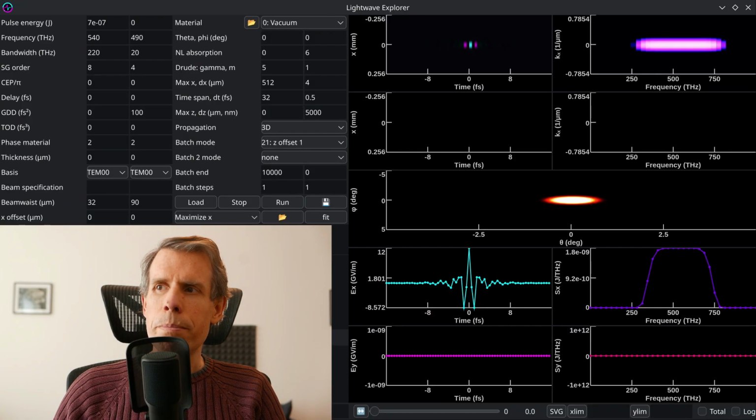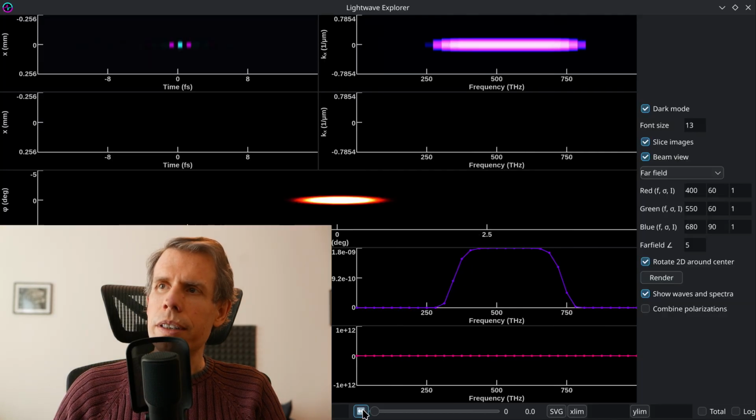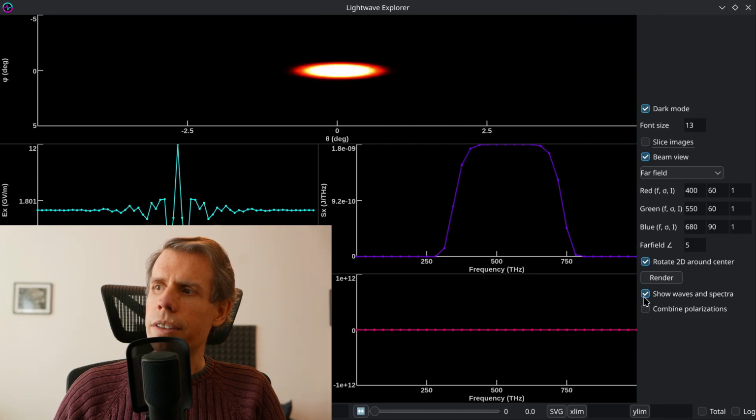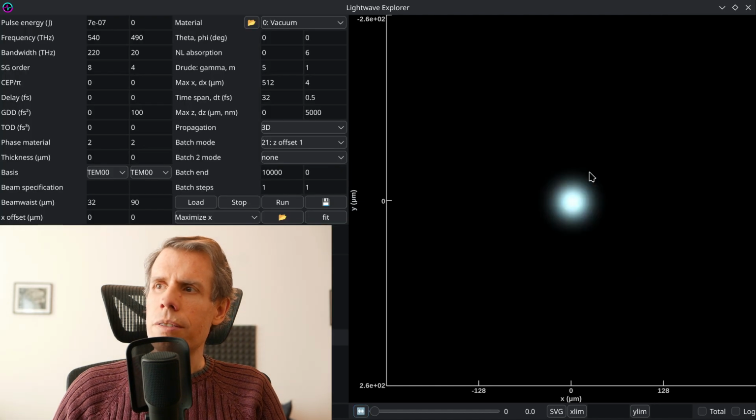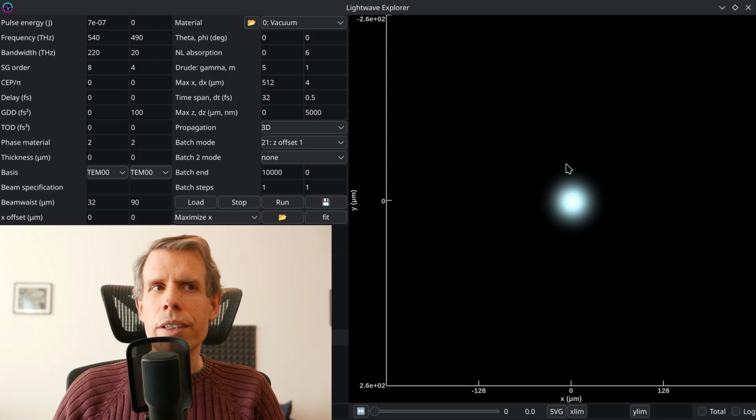So I set up a basic test simulation here, just with one broadband pulse focused in vacuum, because we don't want to do any nonlinear optics at the moment. We're just controlling the input pulse. And since we're controlling the mode, the really interesting part is going to be this beam view. So I'm going to turn off everything else, and we're going to look at the near field distribution of the light. So this is what we would normally send in to the beam in the previous versions of the software,